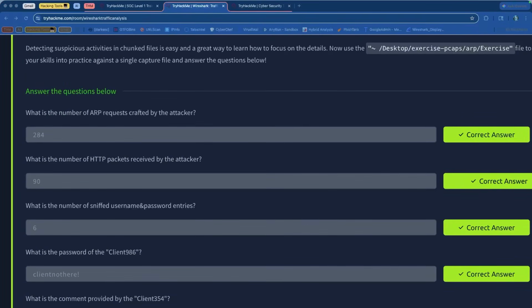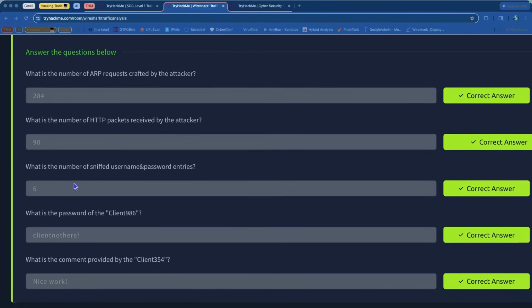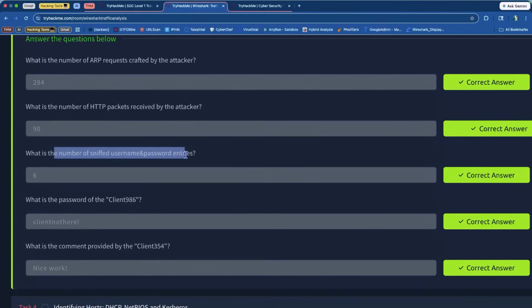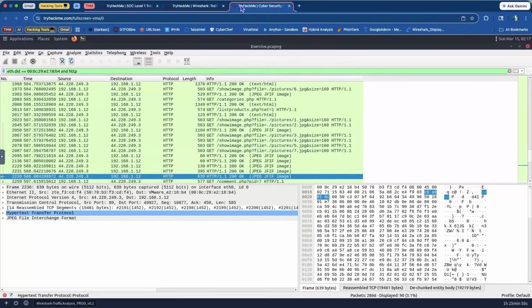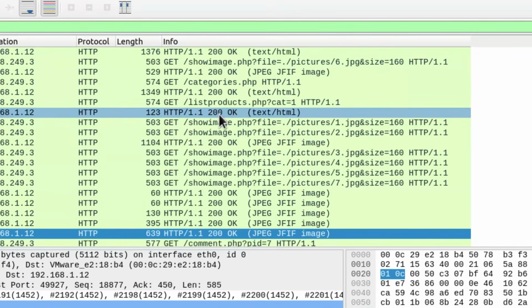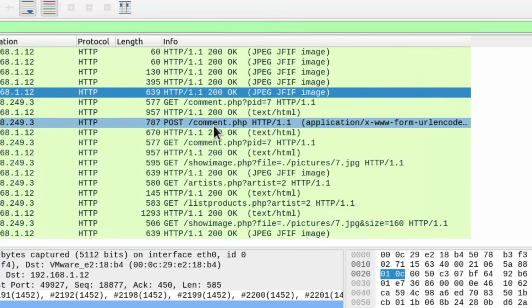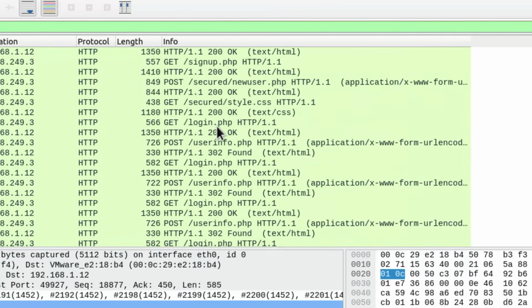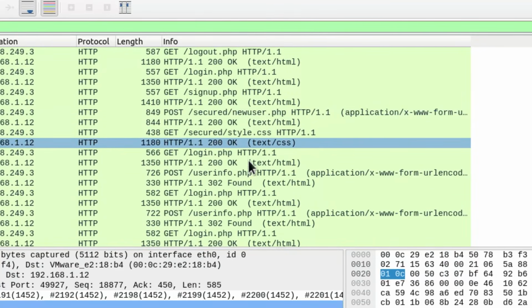So making some decent progress here. Next question is, what is the number of sniffed username and password entries? This one was actually a little bit tricky. Thankfully, I've already gone through it, so I can guide you through that. What we're looking for is, number 1, from all of these packets, we want to see what potential page would give us some information. So if we scroll up here, there's a specific page called the